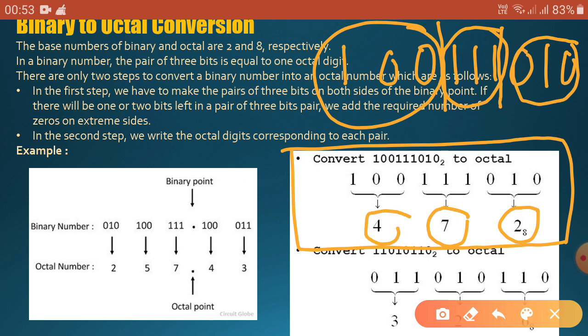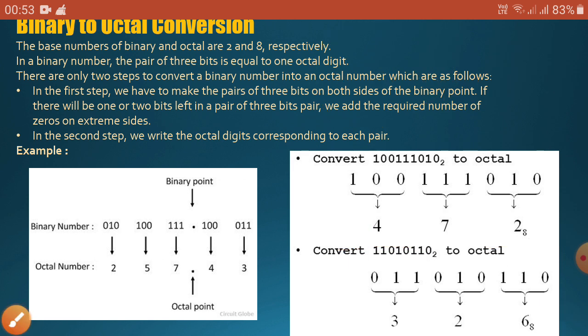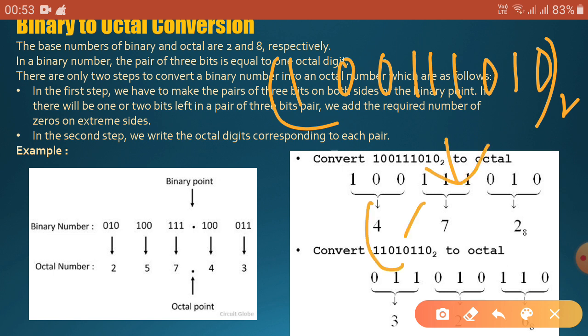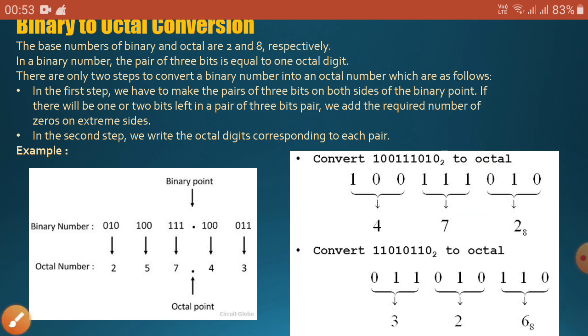Okay, so if we convert 100111010 into octal, it gives us the number 472. Okay, so we can write 100111010 in binary gives us 472 base 8, that is in octal number system. Okay, got it? So already we have learned about the tables, that is